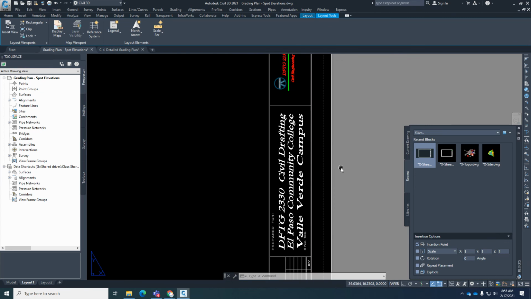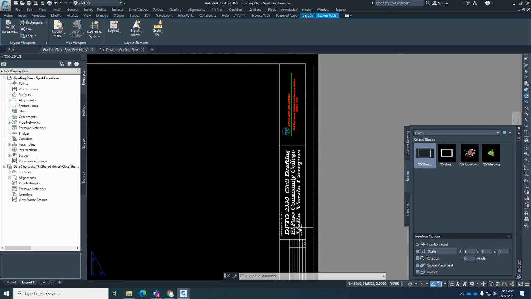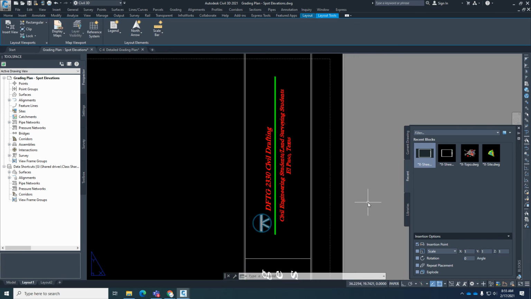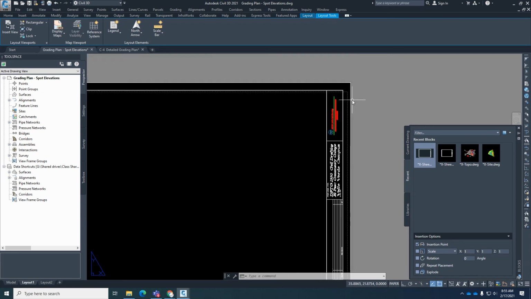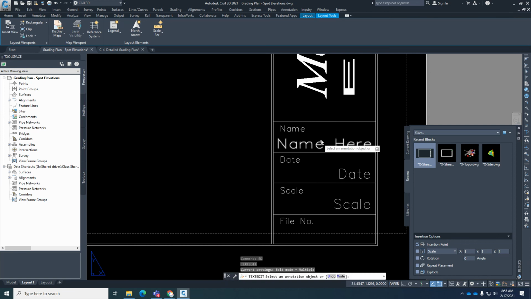I have the title block here because you are part of the 2330 Civil Drafting EPCC class. And then we have a logo that I kind of made up for ourselves. I think it looks pretty cool. So the only thing that I'm going to ask you is go ahead and start putting your name. So you ED for edit, and you put your name here, and you just type in your full name,